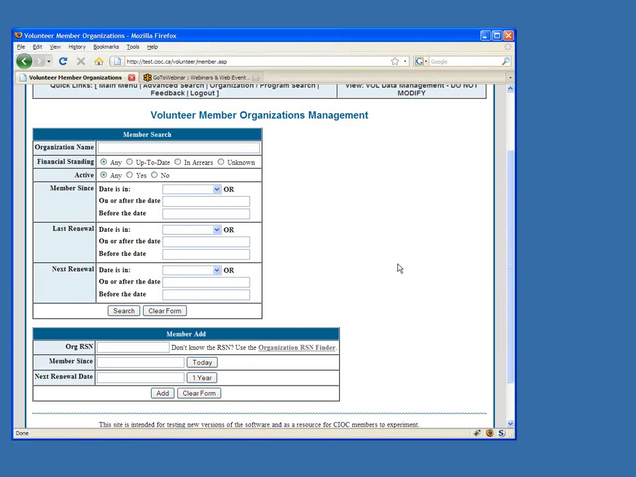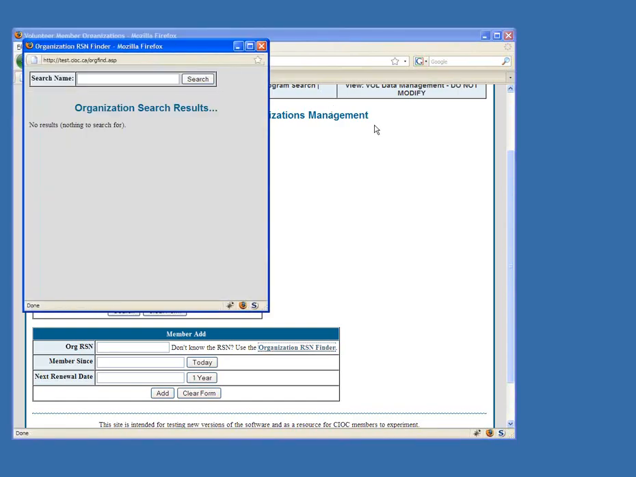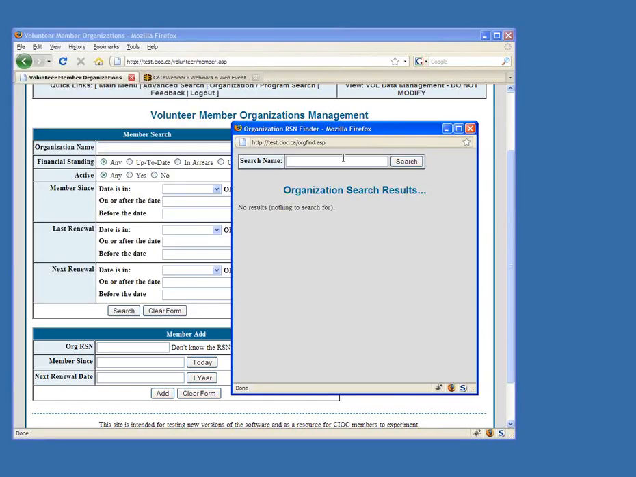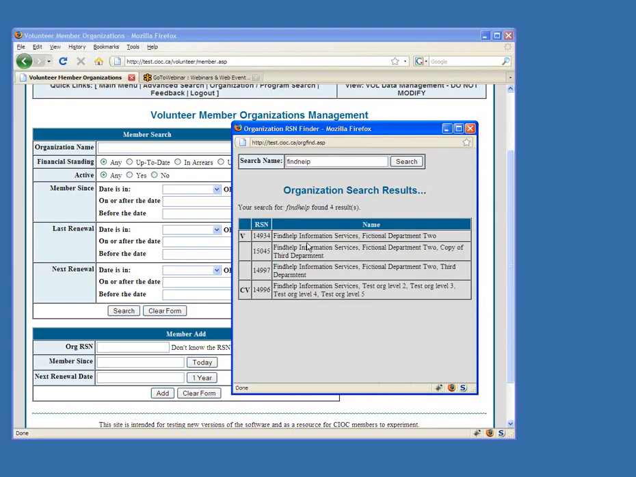So I had talked about how we had made a change to the organization finder tool, which is a tool that you can use whenever you are updating your opportunities to indicate which community information record is the hanger on which your volunteer opportunity sits. So in the past, if I searched for, I'll search for find help, I wouldn't necessarily know which of these items was the record that I should be tying my